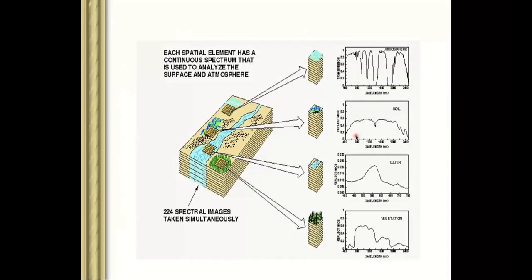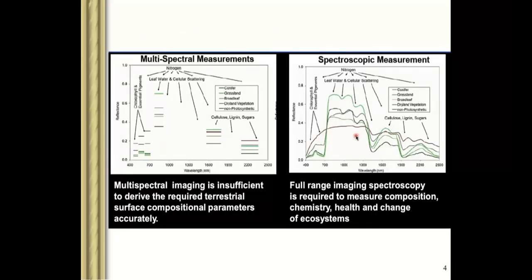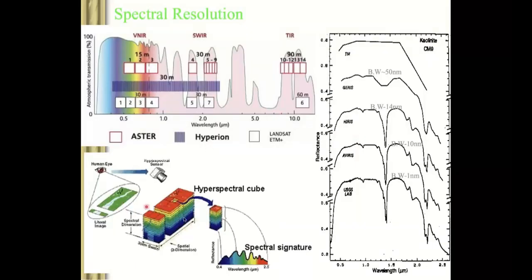So if you come back here, if you take a simple one pixel over here, one pixel of the cube, then you will get some signature, right? In this cube, you will have thousands of pixels. So if you want to find this type of spectral signature in this whole tile, how will you do that? Of course, you will try to match this spectral signature with each and every pixel. Whenever this spectral signature matches, you will know that that is the particular object in that area.